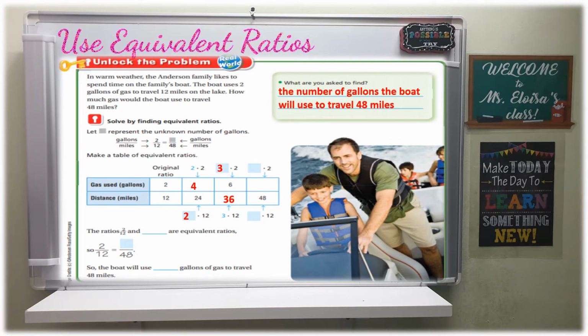And if they travel 48 miles, that means they need 8 gallons of gas. So that is from 4 times 2. That means the ratios 2 to 12 and 8 to 48 are equivalent ratios. So 2 to 12 equals 8 to 48. That means the boat will use 8 gallons of gas to travel